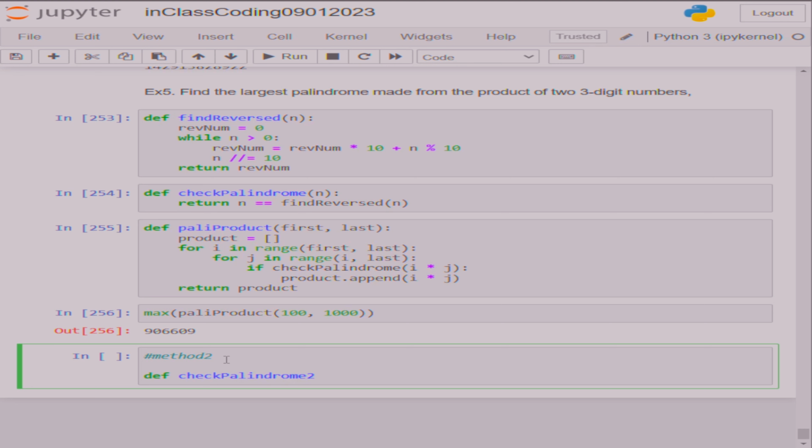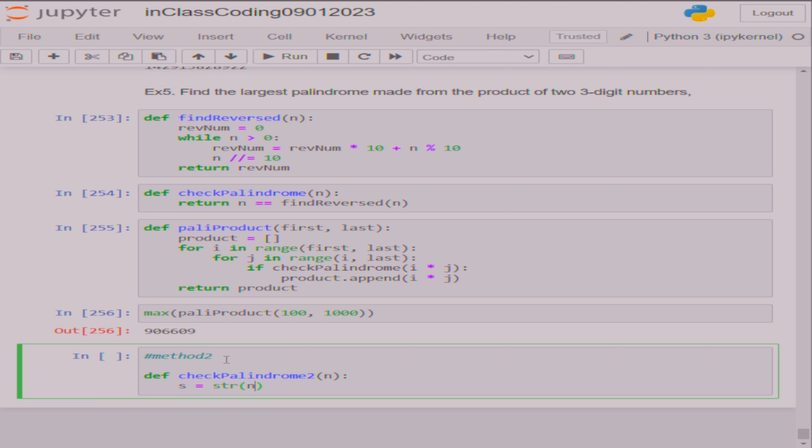Check palindrome 2. I'm going to pass n as expected. And once this is done, now I'll convert it into a string, str of n. All right. Now you see, I just have to return